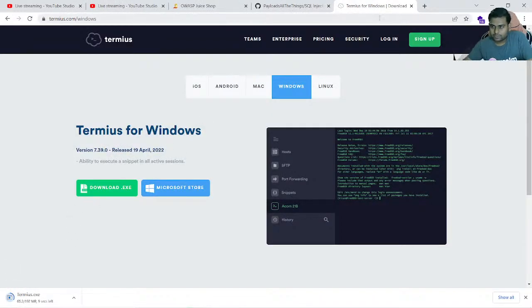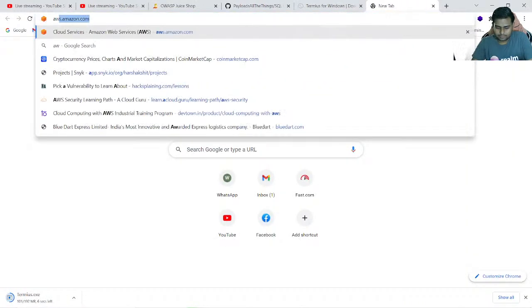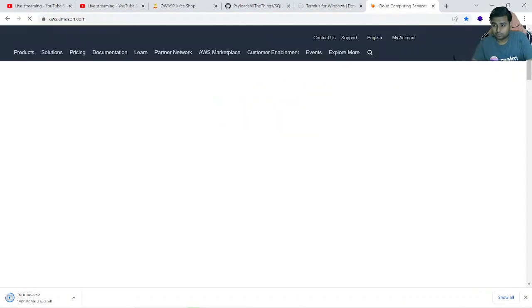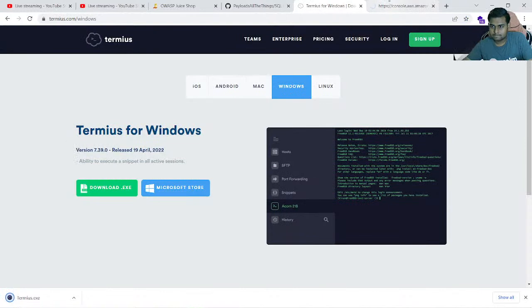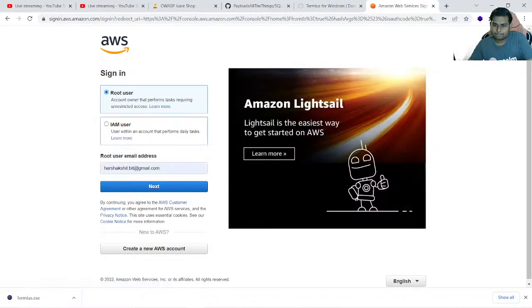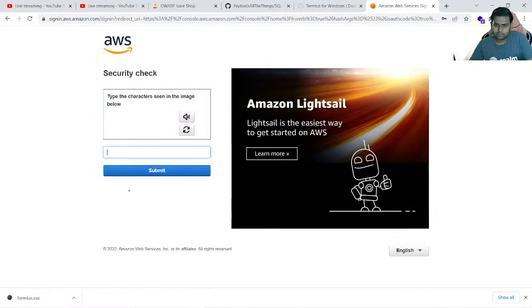Let's see if we can do it really quick. Till then, I can launch my virtual machine. I will also conduct a bootcamp on AWS as well. It's quite interesting